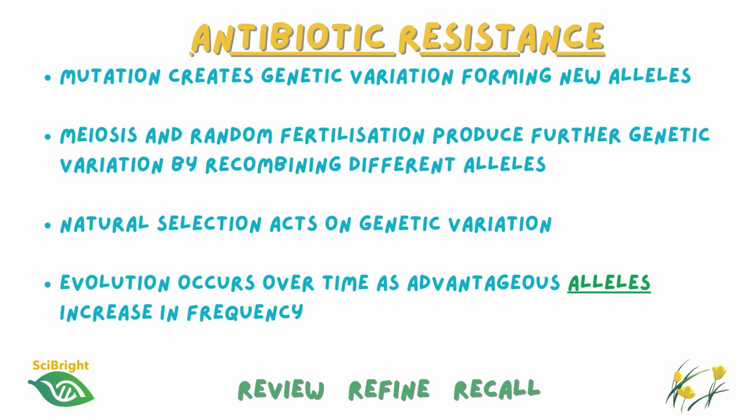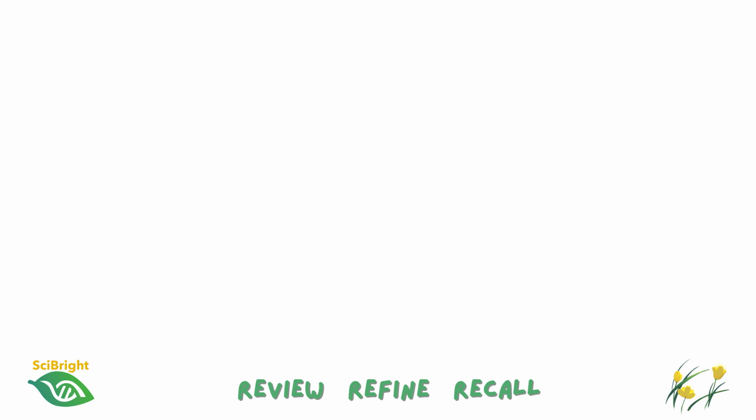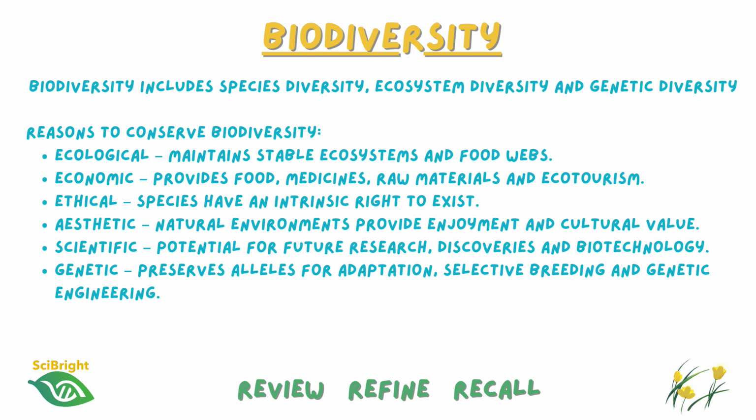So, over millions of years, these evolutionary changes have given rise to the incredible variety of life that we see on Earth today. And this brings us to our final topic: biodiversity. At GCSE, you'll have learned that biodiversity refers to the variety of life in a particular habitat, ecosystem, or across the entire planet. This includes the diversity of species, the genetic diversity within those species, and the variety of different